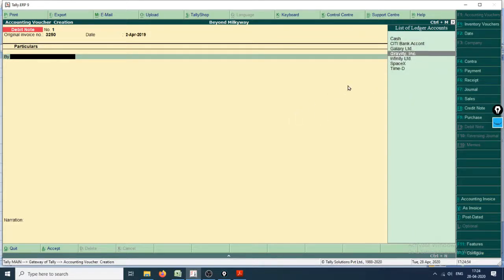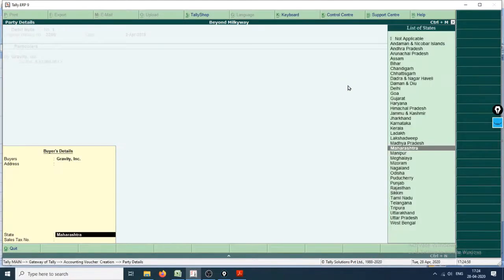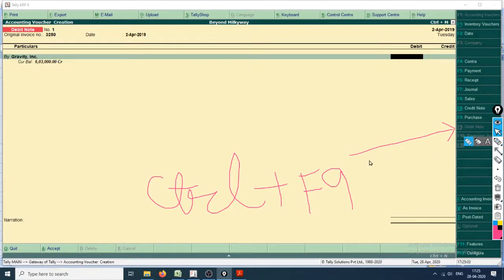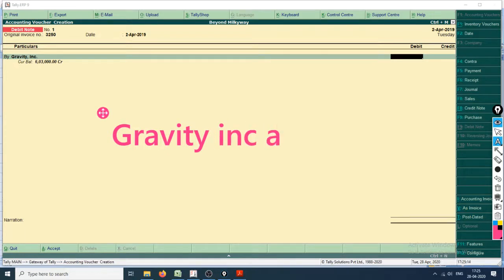Now you can see right here we have to choose Gravity Incorporation because Gravity was debited. I'll write down the entry for you. Date and text. Okay. Gravity Inc. account debit to what account?